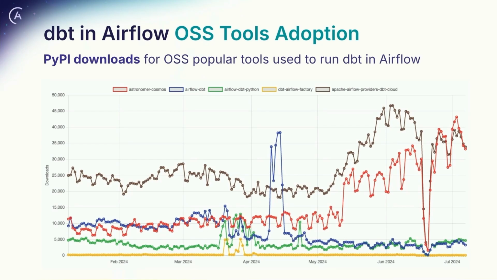So we got some of the most popular open source projects that are used to integrate dbt and Airflow. These are statistics from PyPI downloads. And you can see that there has been some dispute here on which is the most popular, most downloaded tool over time. Cosmos is this red line. So the adoption has been increasing. This other one, very popular, is the dbt Cloud provider in Airflow. So you can see there is room for many solutions, and over time this has been changing, which is super exciting.